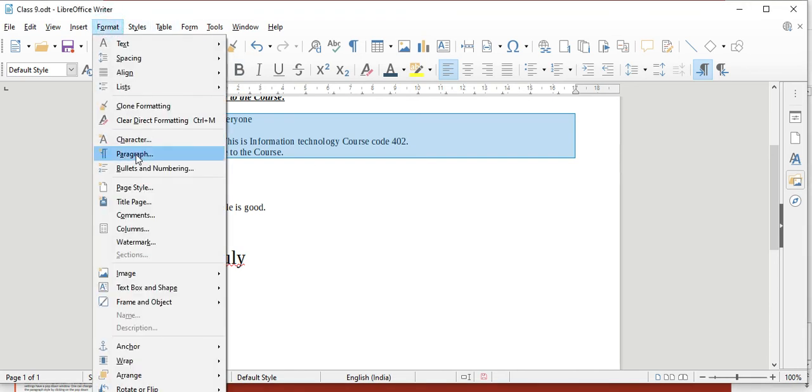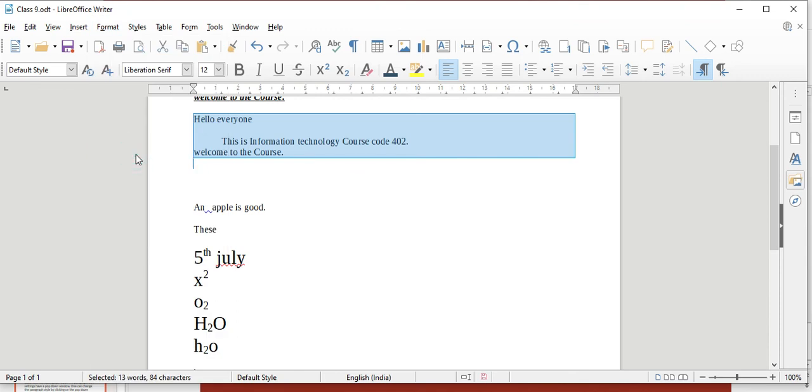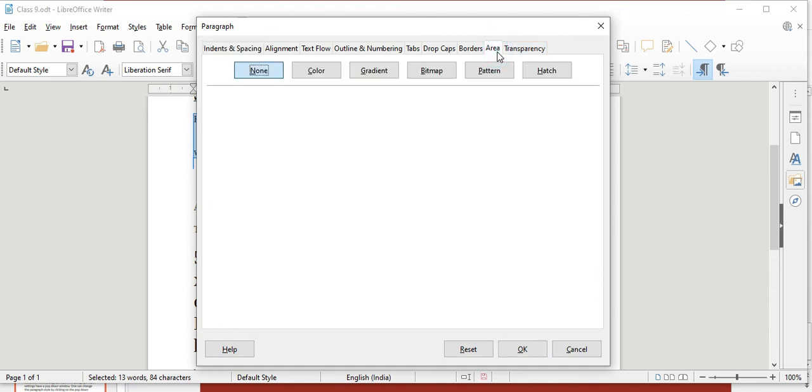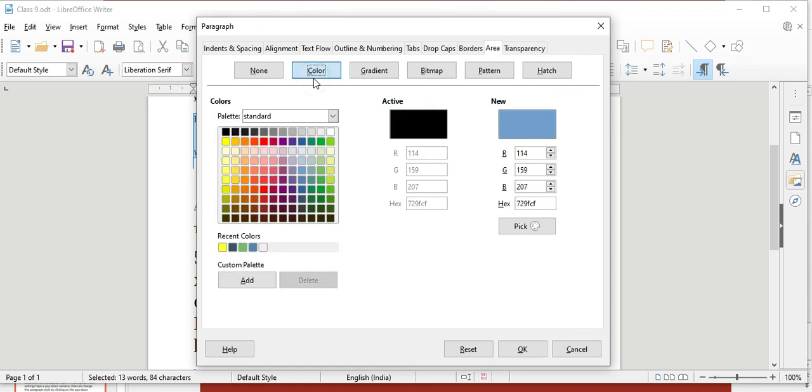Click on that. This window will appear. You can click on the Area tab. Here you can choose the color, and if you want to give any color for your paragraph, you can choose whichever color you want. From here you can select the background color for your paragraph.